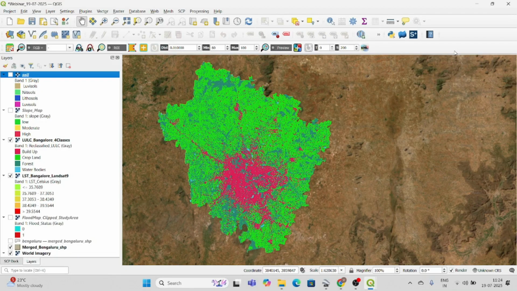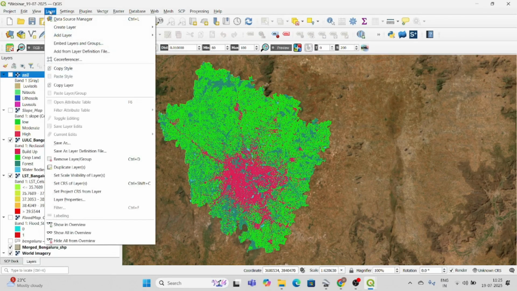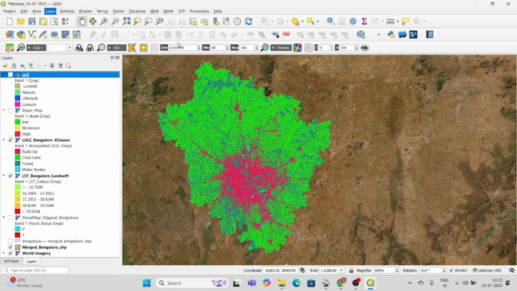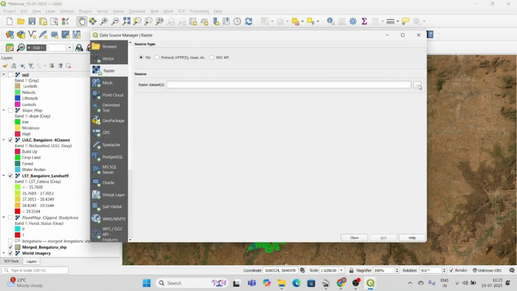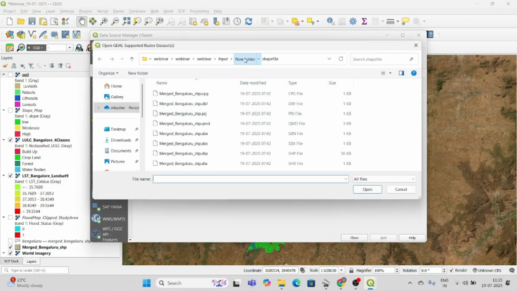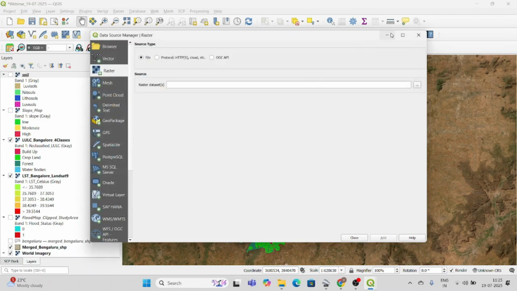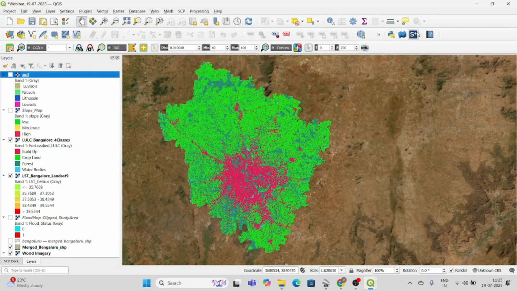So now you can see the interface, and I had also placed that data here. So if I want to add data, I will just go and click add in the layers, add layer, and I will add my raster layers. Okay, I had all my raster layers, so I don't have any other issues. I had placed all my layers in a single folder, so it would be much easier for me to collect the data. Okay, I just put all my data here.